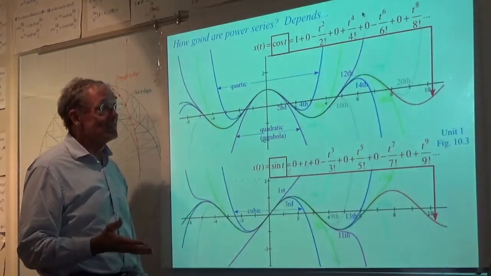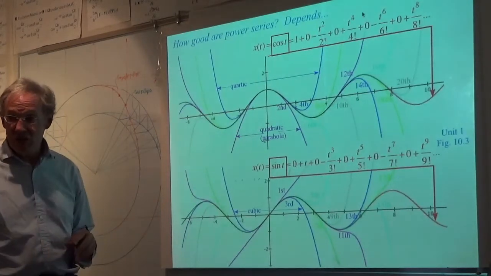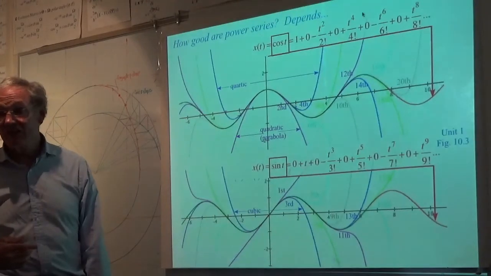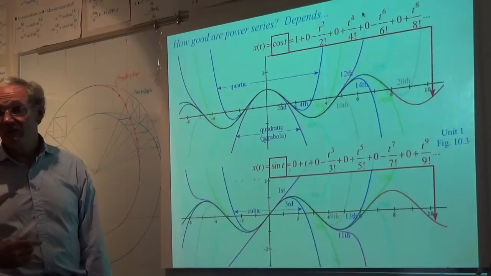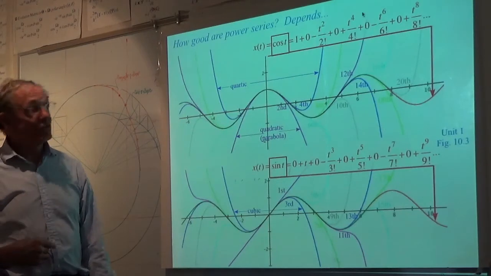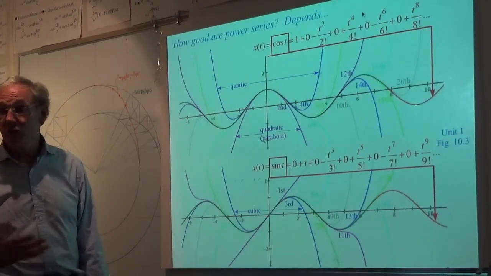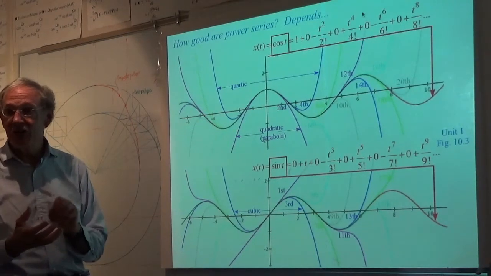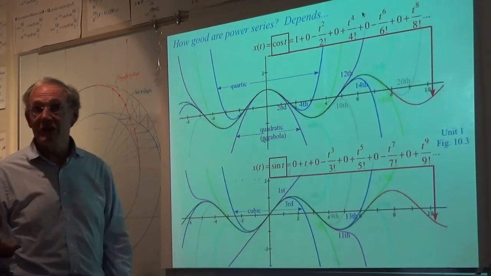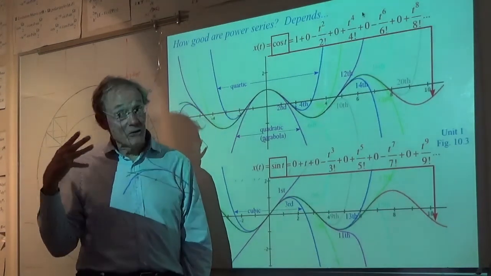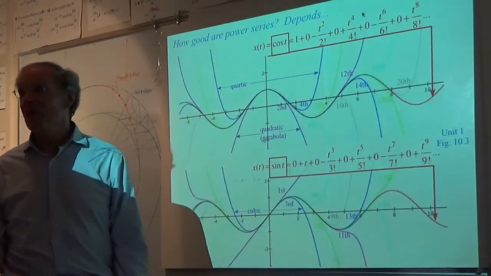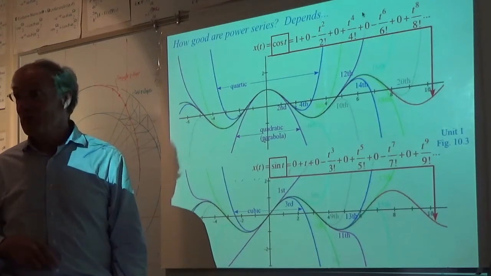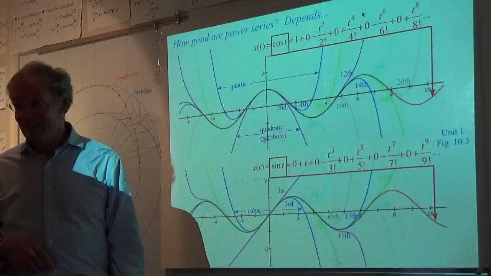it's pretty good. Now, how does an actual calculator calculate cosine of t? They don't use this. This would not work. This would be impractical. They solve the differential equation for cosine t numerically using Runge-Kutta. That's what the circuit in your calculator actually does. And if you ask for a cosine on a computer, that's what's going to happen. A differential equation is going to be solved to give you that cosine. So that's what's built into a computer. You solve the differential equation whose solution is cosine of t.